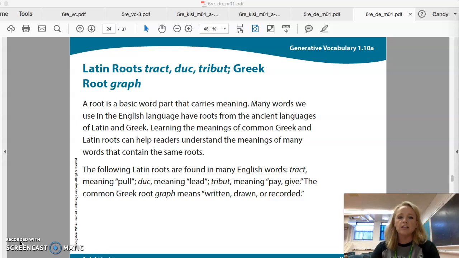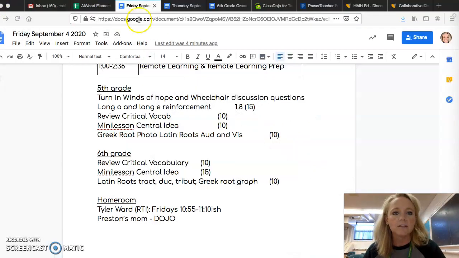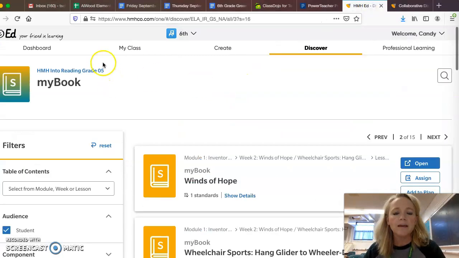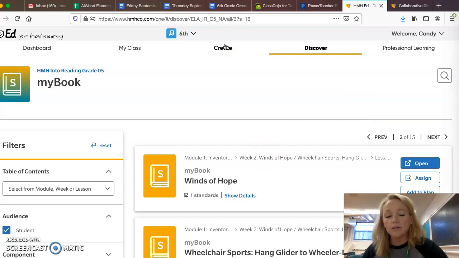Number one, make sure that you have gone on to your HMH. Let's see if I can get rid of this for a second. Make sure you go on to your HMH and turn in. You guys have a different toolbar up here at the top. Next to Discover, you have a little assignments one. Make sure you click that, and then there'll be a button where you can say, I'm done with an assignment. So number one, make sure that you say you are done with